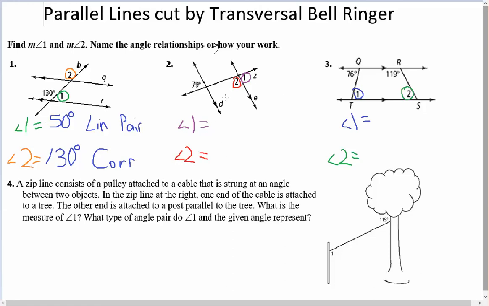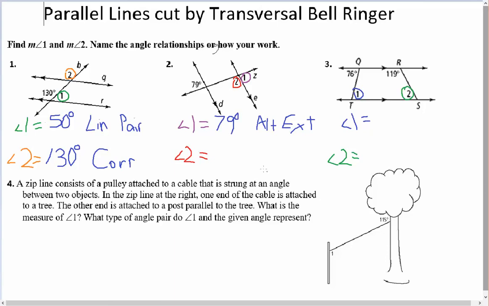We see the 79 degrees right over here, and then measure of angle 1. Both of those angles are outside the parallel, so that tells me exterior. And compared to the transversal, they are on opposite sides, so that tells me those are alternate. So we have alternate exterior angles, and those angles are congruent, so measure of angle 1 should also be 79